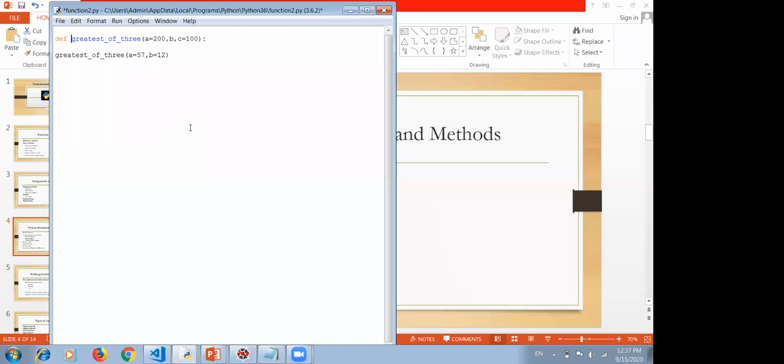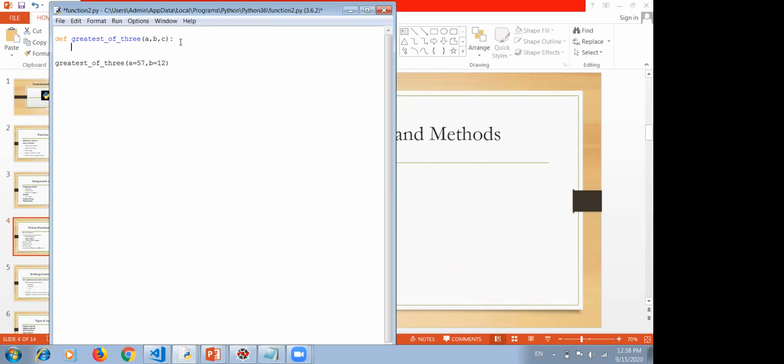So the name of the function is the same. Okay. Sorry, I'm passing some arguments A, B, C, some parameters there. I'm writing a small function.